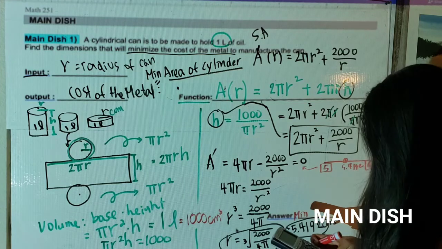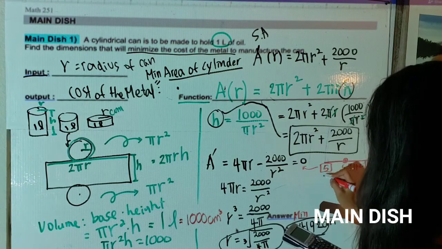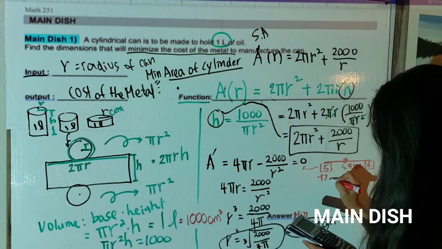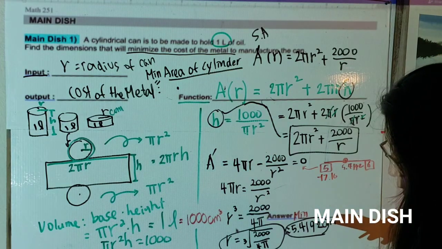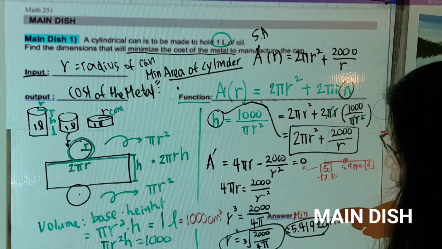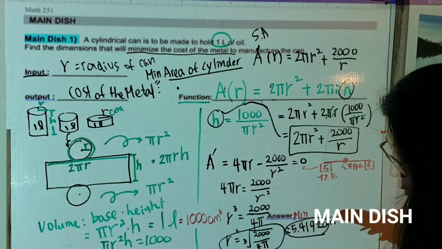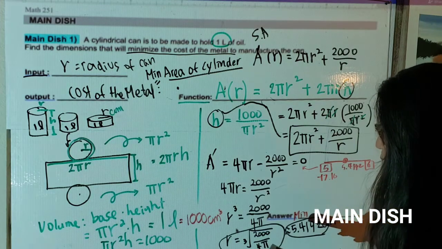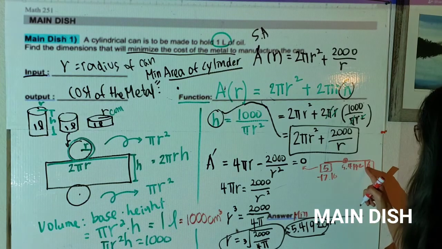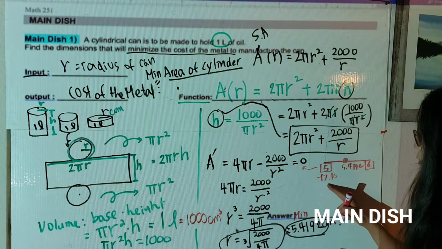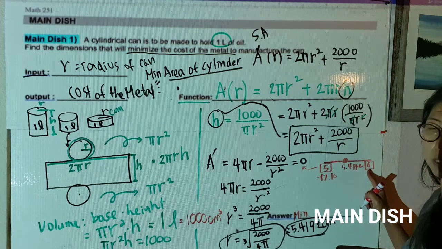Then that gives me negative 17.16, and I'm going to do the same thing by plugging in 6. If you don't see the graph like I explained, then from the critical point, plug in a number lower and a number bigger. Then I got negative 17.16 for the lower one. When I plug in 6, I got